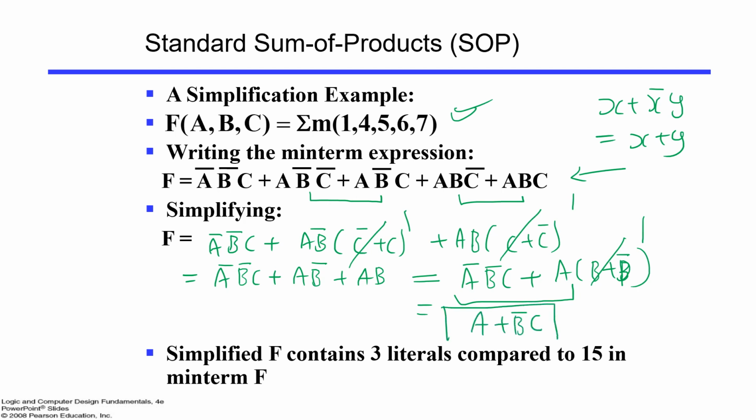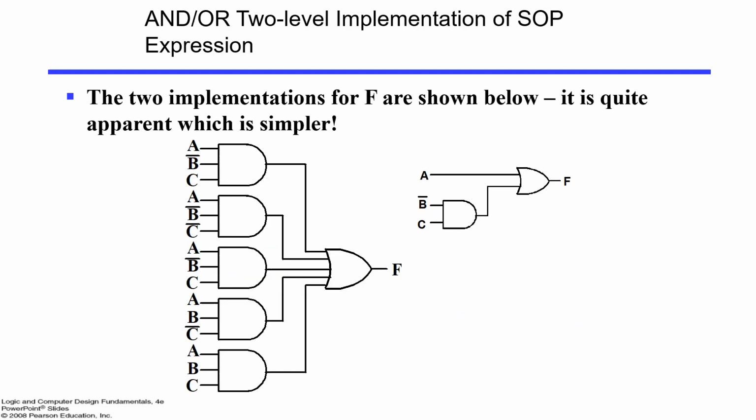So now you will get this final value, or you can say the final minimized expression, and this is known as sum of product form. Now you can check in this expression how many literals. Literals means you just count how many variables are there. 1 2 3 4 5 6 7 8 9 10 11 12 13 14 15. Now how many literals here? 1 2 3. So from 15 literals available in min-term form, we are able to reduce them down to 3 literals, which is much simpler. Getting it? So that's why we require simplification.